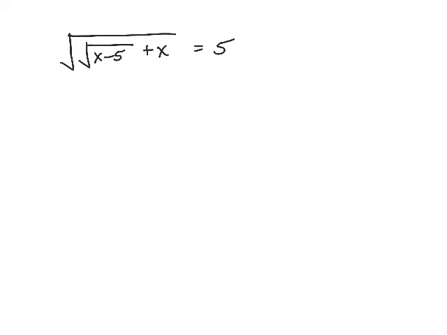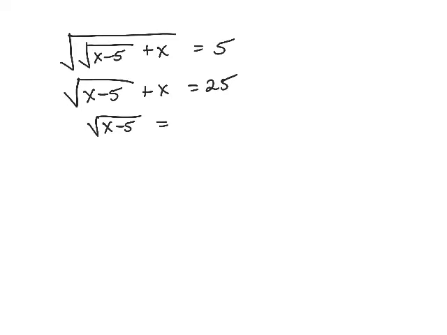So I want to solve this crazy one. Again, the process is the same. To get rid of a radical, you have to square both sides. It's just in this case, we have to square it, and then we'll be squaring it again. So we have a radical inside of a radical. Alrighty, so if I square both sides the first time, I'm left with radical x minus 5 plus x, and that's equal to 25. Now I've got to isolate this radical,